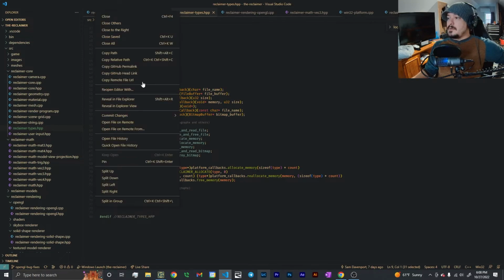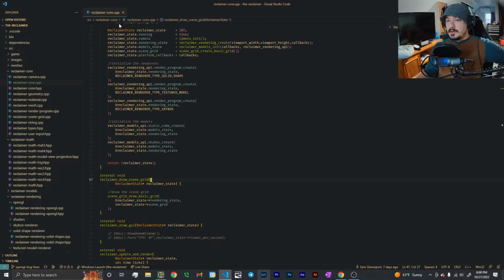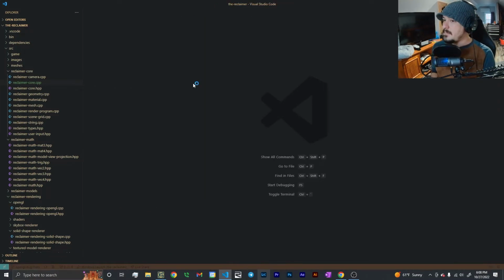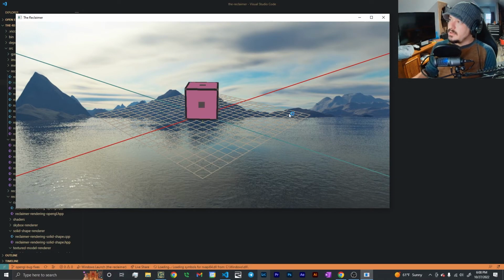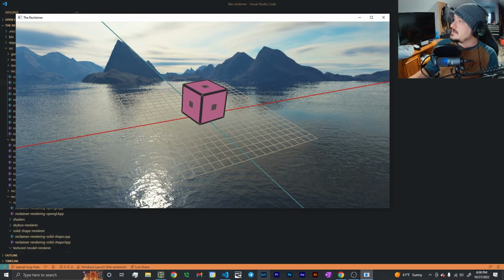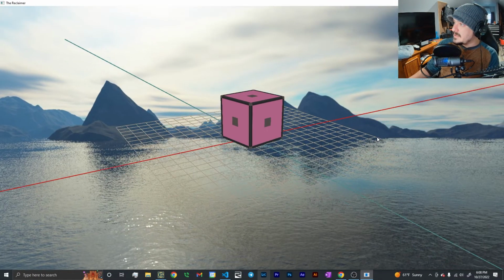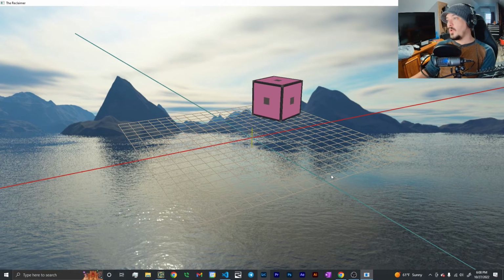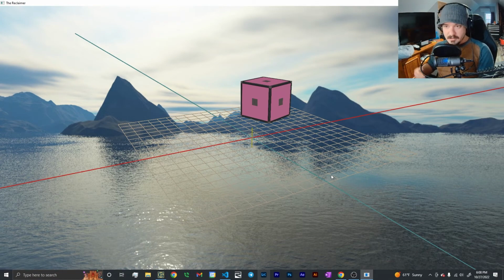So that's a little overview of the code base, how it currently looks, and how I currently do things. And like I mentioned before, this is not meant to serve as a definitive guide for how things need to be done. It's just how I'm choosing to do things. So I just have this blank canvas here that I wanted to show, and there's going to be things that I'm working on,